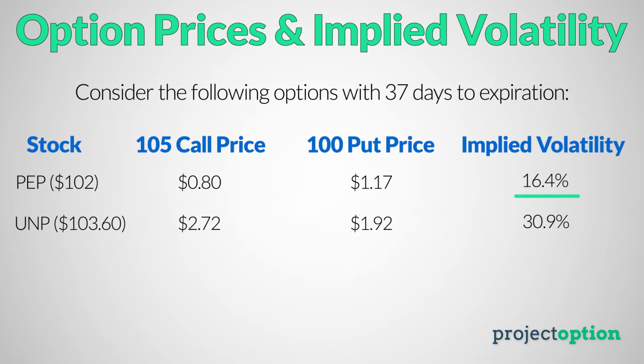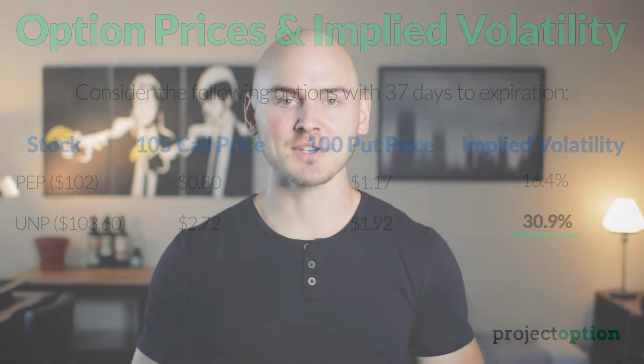With UNP at roughly the same price as Pepsi, we can see that the 105 call was $2.72 and the 100 put was $1.92. At the time of recording these option prices, UNP's implied volatility in the 37-day expiration cycle was 30.9%. So the first key concept that I want you to understand here is that implied volatility comes from a stock's option prices,